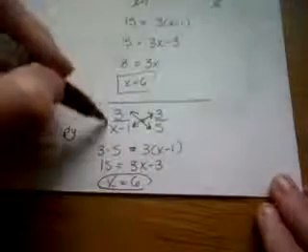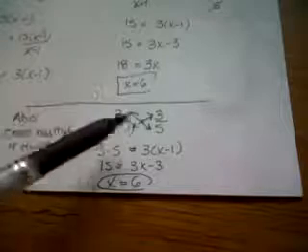Now it's really important that you put parentheses around that x minus 1, otherwise you won't use your distributive property. But then I can solve this. So 3 times 5 is 15, and 3 times x minus 1 becomes 3x minus 3. Solve that just like I did up here, and I get x equals 6. So that is another way that you can solve rational expressions if you don't have anything being added or subtracted